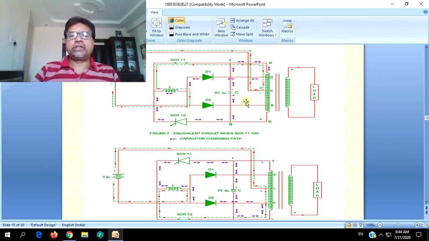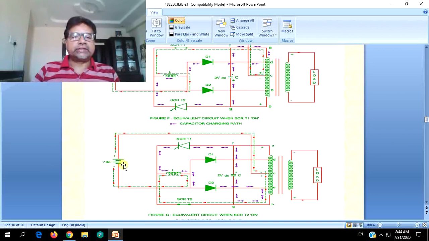And once the capacitor discharges and its voltage becomes lower than VDC, but as SCR-T2 is still conducting, now VDC supplies like this. The source voltage now flows via the source in the given direction, the green dots, green line directions. Source voltage, point C, is now positive with respect to B, C, E, B, G, T2, L in the same direction as the previous one, L, and back to the source.